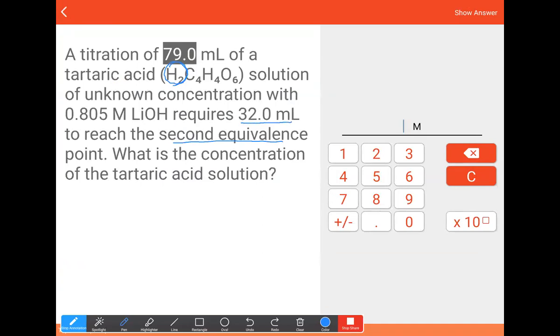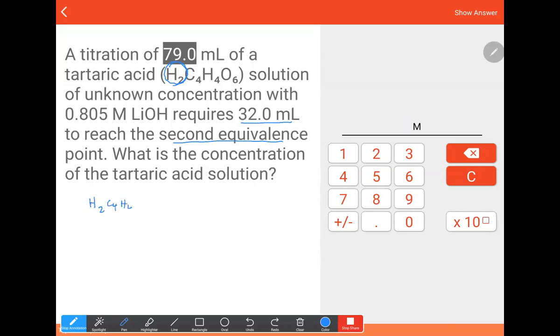So this is a diprotic acid, so we have a 2-to-1 ratio here. So it's not our typical 1-to-1 that we're seeing when we're doing ice tables and things like that. Ice tables will be that 1-to-1 because we're getting rid of one H at a time and we're writing that out. Here we have a 2-to-1 ratio. And so the best thing to do in these type of problems is to write out the equation. So we have H2